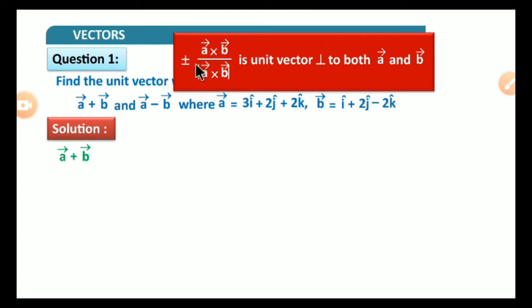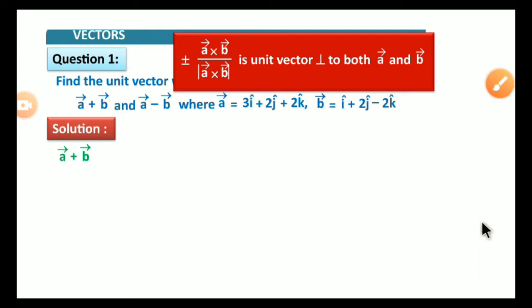Now remember students, here it is plus or minus a cross b divided by magnitude of a cross b is the unit vector perpendicular to both a and b. Now for the solution, first we have to find a cross b, later we have to find the magnitude of a cross b, right? Therefore let us find the vectors a plus b and a minus b. Later we are going to find the cross product of a plus b and a minus b, so that we will get the unit vector perpendicular to both. Now let us find out